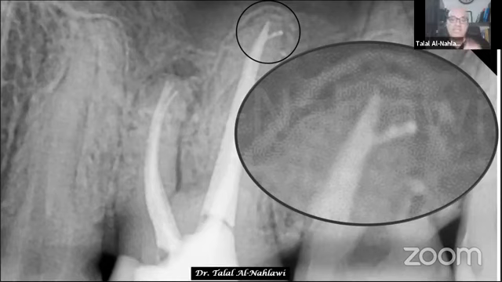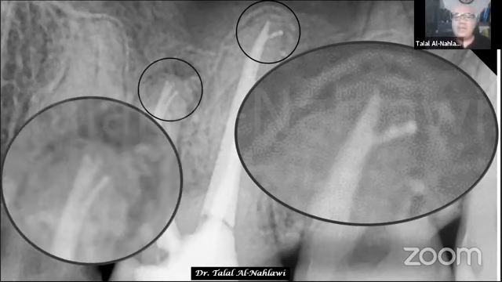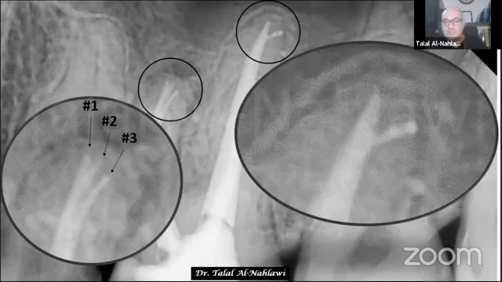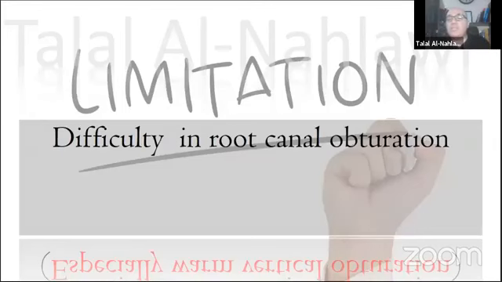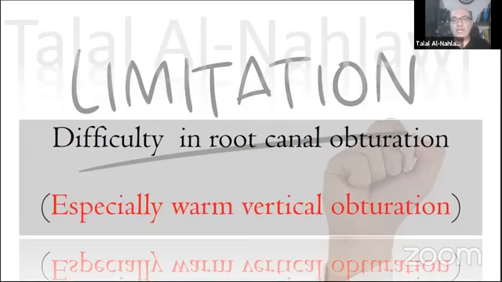For me, I believe in that case, if I go for bypass, although it is indicated, it is in the apical third. If I go for bypass, I miss the chance to disinfect this area and the apical area, and I miss the chance to have obturation of the lateral canal. And as a gift, I have 3 portals of exit in the mesial root. This is another issue. And the third limitation of bypass, I believe, is that it will also give me difficulty in root canal obturation. Not only debridement, instrumentation and cleaning, but also difficulty in root canal obturation,